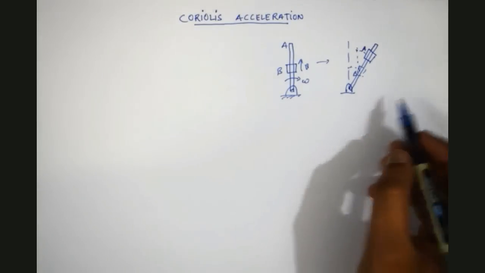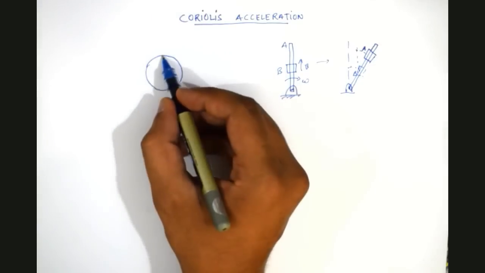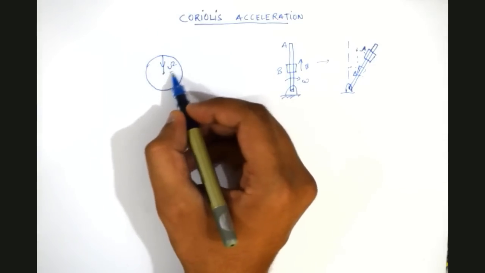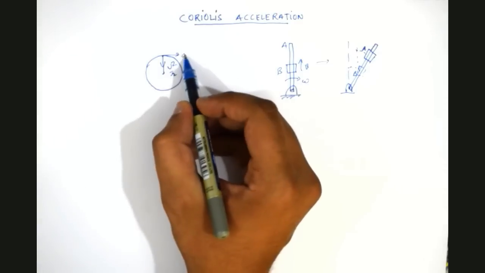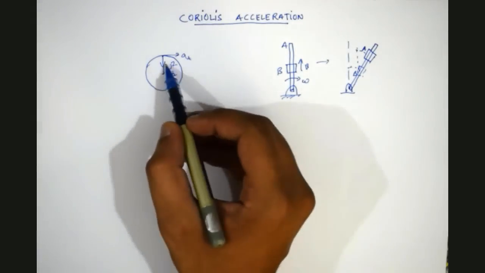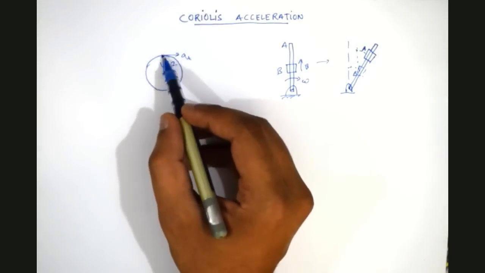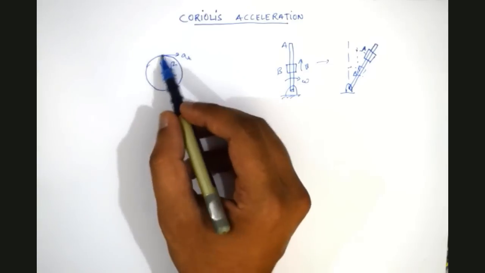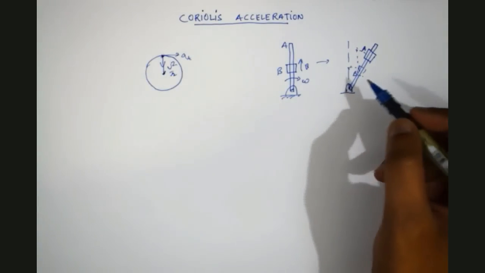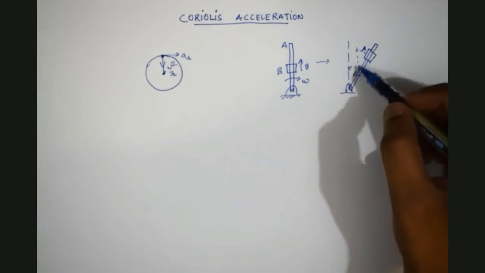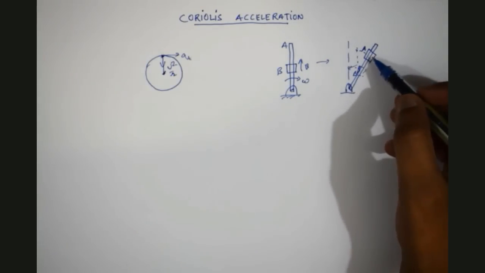See here, if a body moving in circular path, it has some acceleration, centripetal acceleration v square by r, and some tangential acceleration here. We can note one thing: this point and this point have equal distance everywhere. It is moving in circular path, but here it does not have an equal distance from each other. That's why this slider is moving. That's why we are getting this final position.